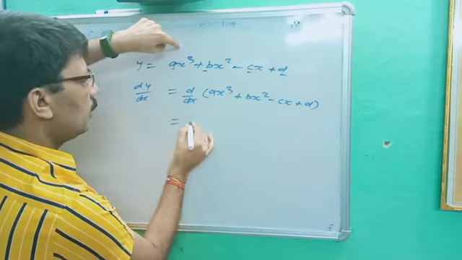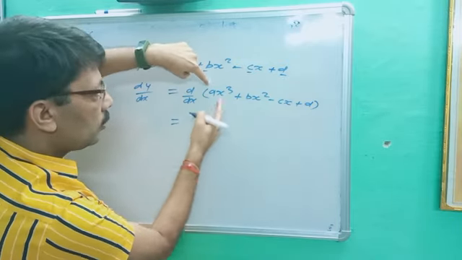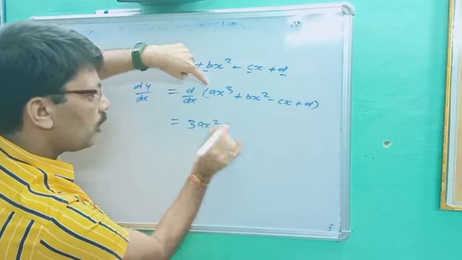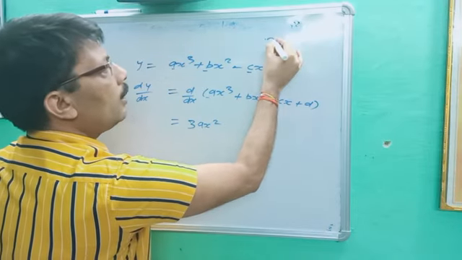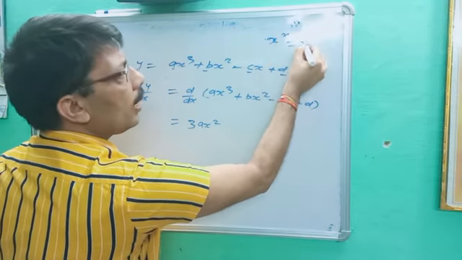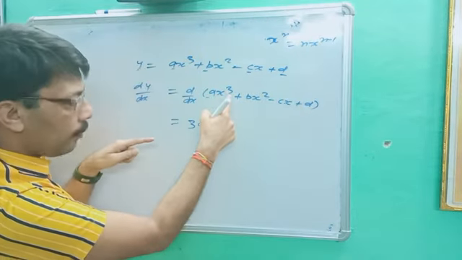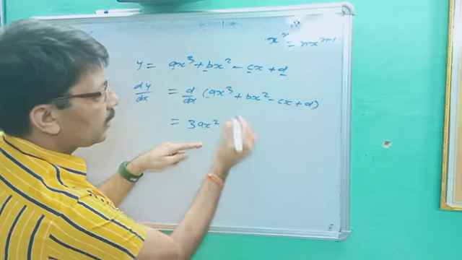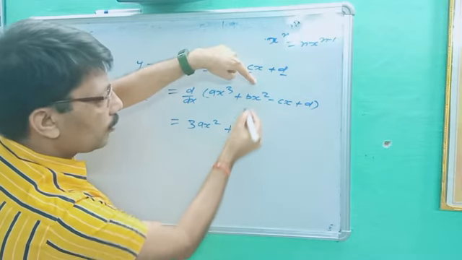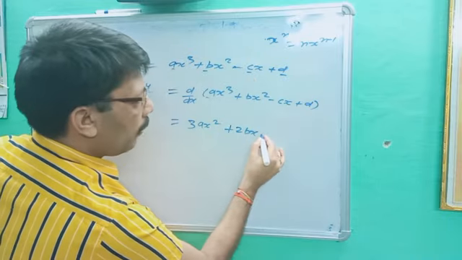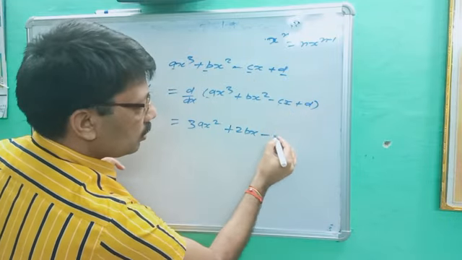So what do we get? Now differentiate it one by one. Differentiating, 3 will come down, it becomes 3ax square. You better know x power n becomes n x power n minus 1. You have to subtract 1 from the power. So here the power was 3, it becomes 2. Then 2 will come down, 2bx, with 2 minus 1 equal to 1, minus the differentiation of cx.